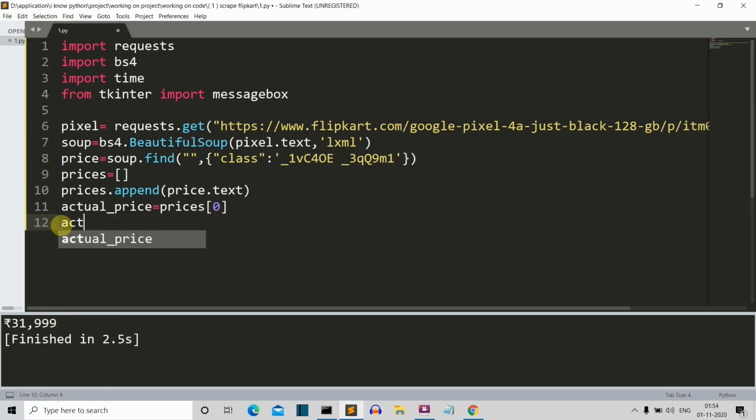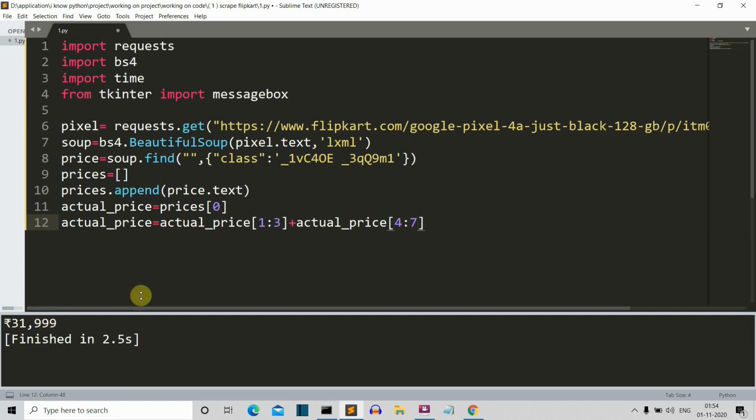We'll use this variable again because I don't want to create more and more variables. We'll extract from the first to the third element, add this to the actual variable, and then add from the fourth to seventh digits. So from first to third, these two, and from fourth to seventh, the last three.